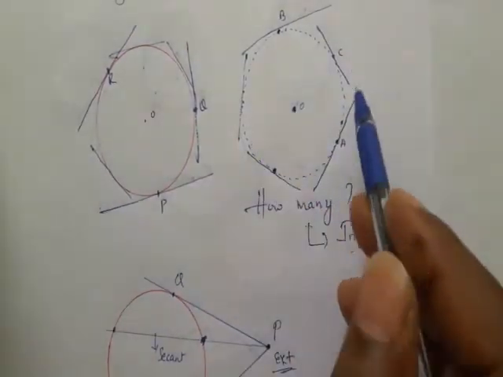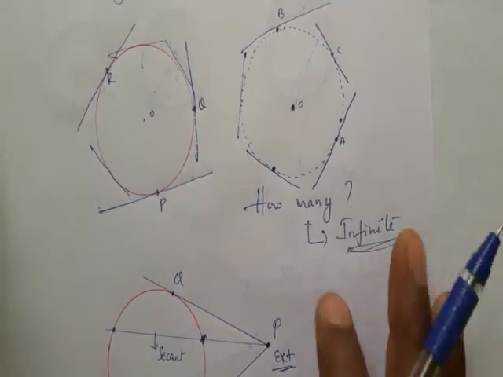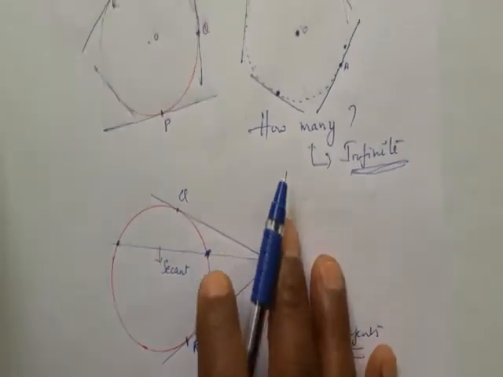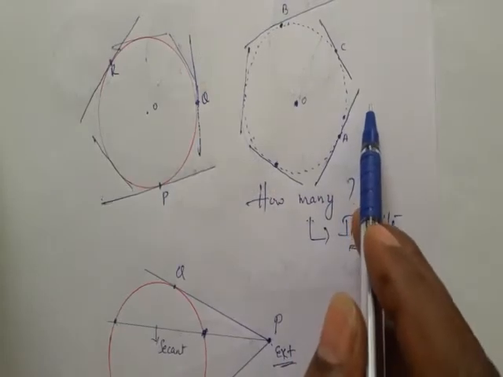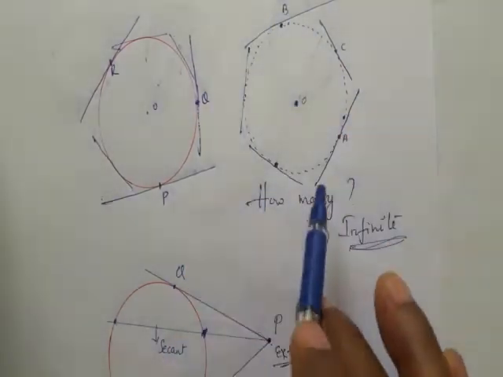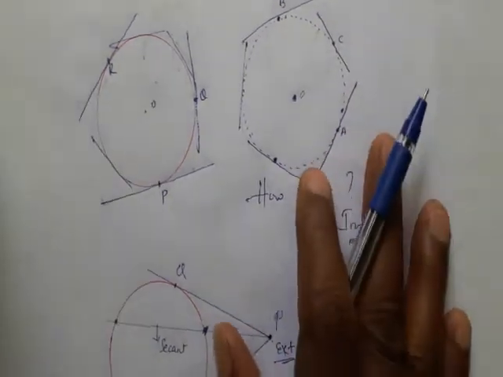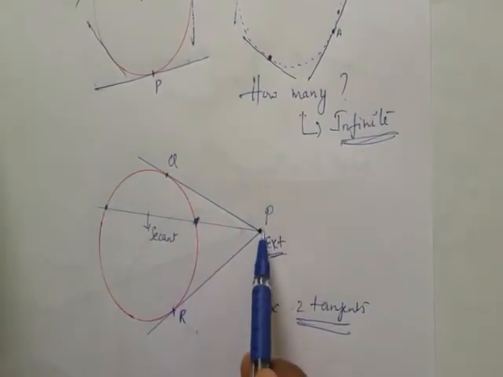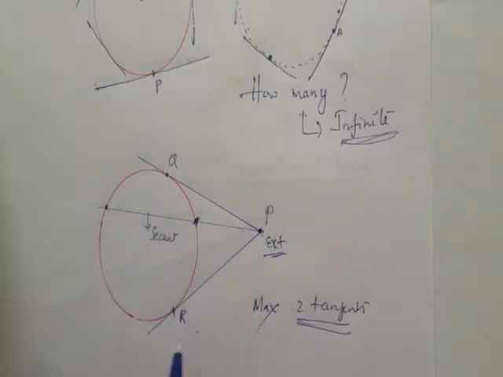So for the given circle, how many tangents can be drawn? Infinite. For the same given circle, from an exterior point, the condition here... the earlier condition was not an external point. Wherever you want, you can draw. That means infinite number of points, infinite number of tangents. But here, for the given circle, from an external point, a condition is given, 2 tangents can be drawn.